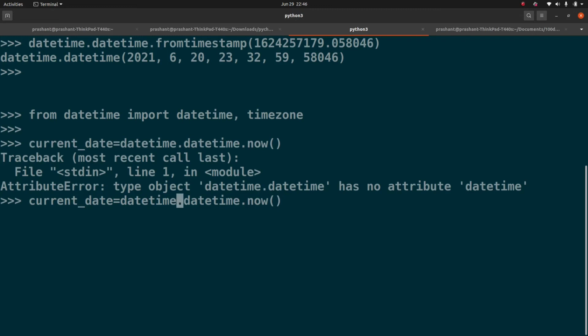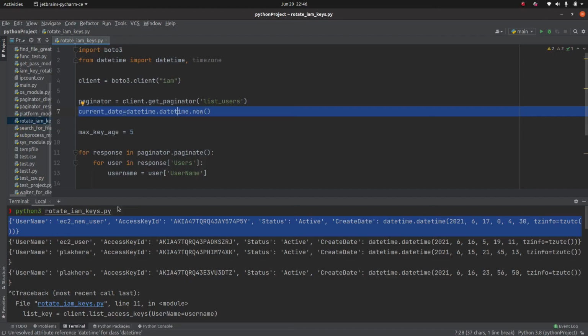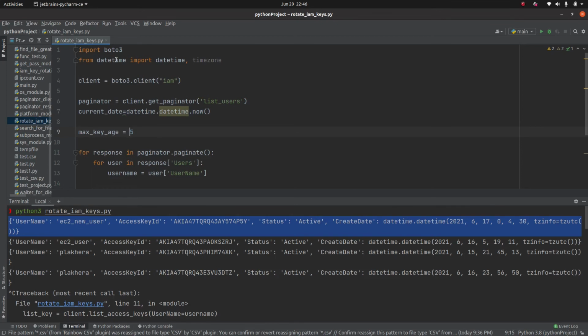So it will print out the current date. Okay. So even here, because I'm importing from datetime, I'm importing the datetime directly, I don't need this, right? So now I have the current date.